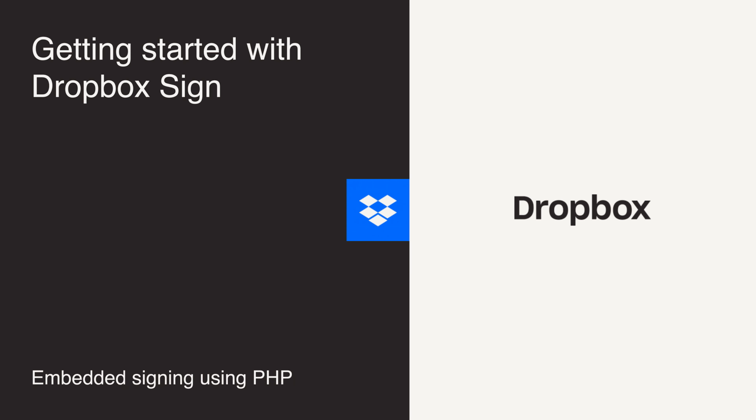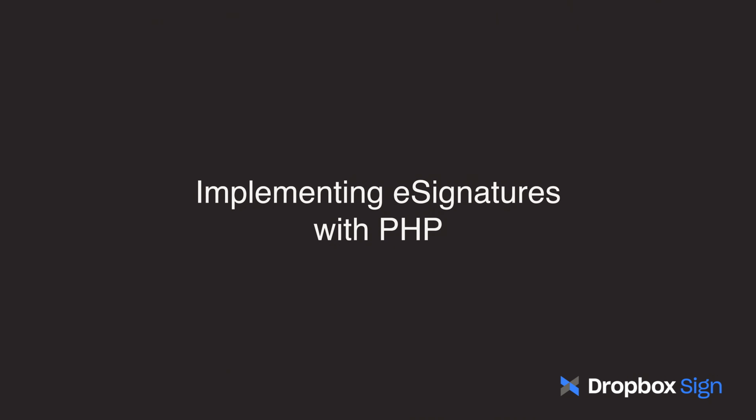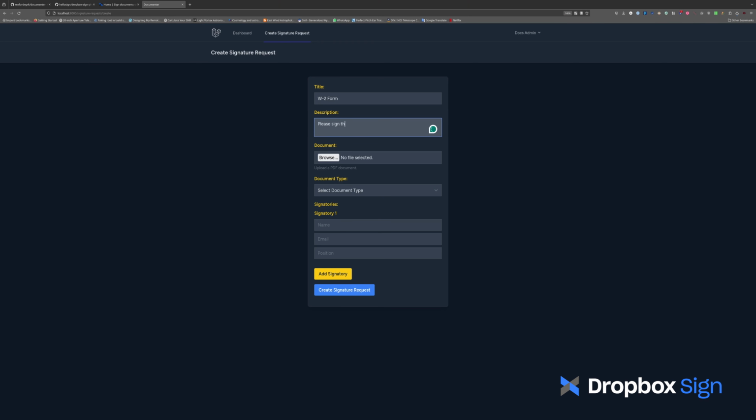Welcome to this introduction to embedded signing using PHP and Dropbox Sign. Organizations use Dropbox Sign to streamline their approval processes and to help them store legally binding digital records of their contracts. Today, we'll walk through how an HR tech company can enhance its talent contracting and onboarding processes by implementing